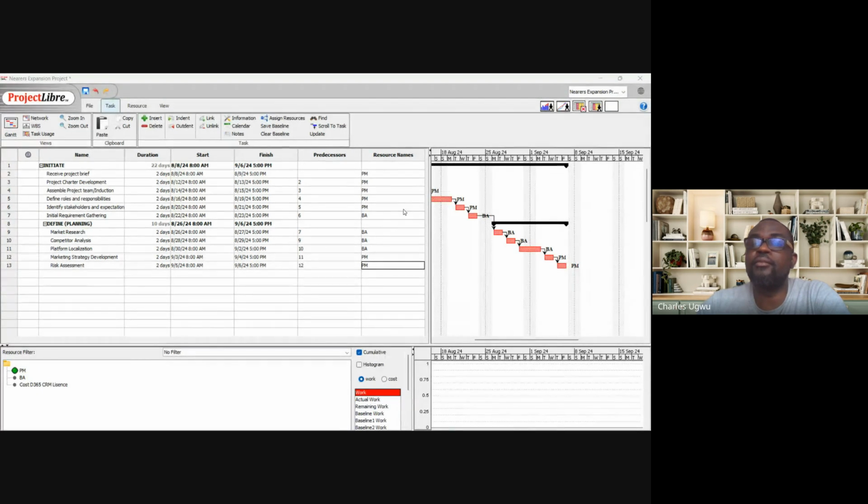Even if you come to the Gantt chart here, you see that PM has been assigned to this particular task. This is it, PM here. You can close this small dialog box, and if you close, you see here that it's already assigned. I equally said you can assign by double-clicking on this particular space or this particular task. All you need to do is double-click, which I'm going to do now. I double-click, and once I double-click,